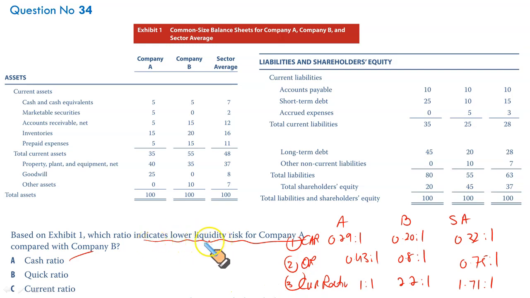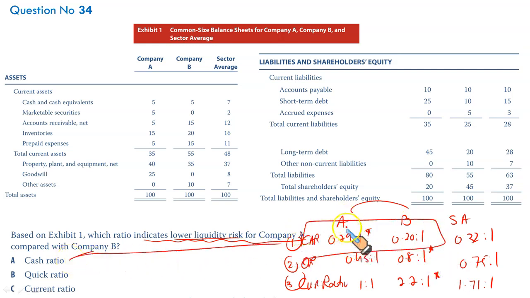So which of these indicate company A showing lower liquidity risk? If you compare A versus B, A has a better cash ratio, the quick ratio is better for B, and the current ratio is also better for B. So comparing just cash versus cash ratio, company A appears to have lower liquidity risk than company B. The other ratios, quick ratio and current ratio, are not comparatively good for A. B has a better quick ratio and current ratio, whereas cash ratio is better for A. So it means compared to A versus B, A has lower liquidity risk for cash ratio. That makes A the correct option. And that completes your EOC.